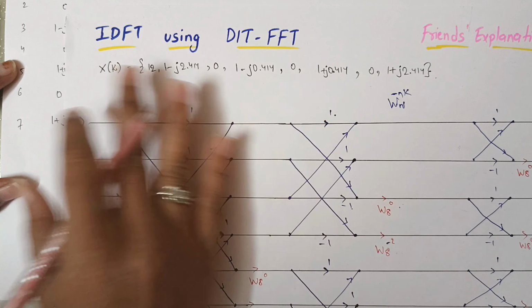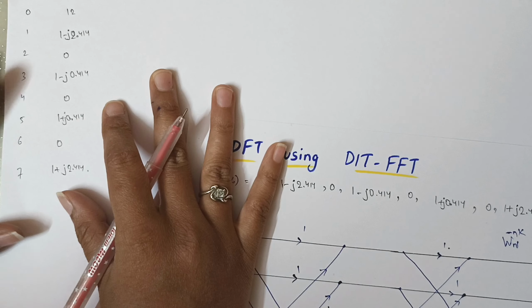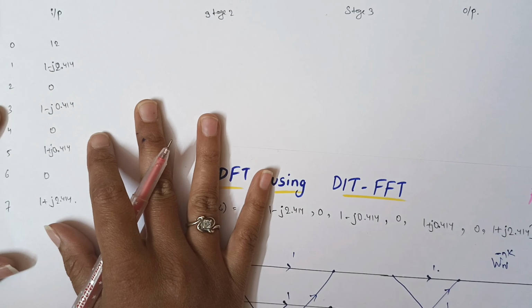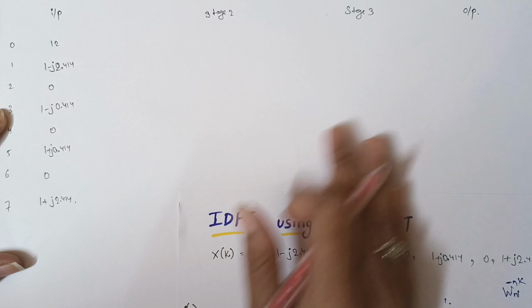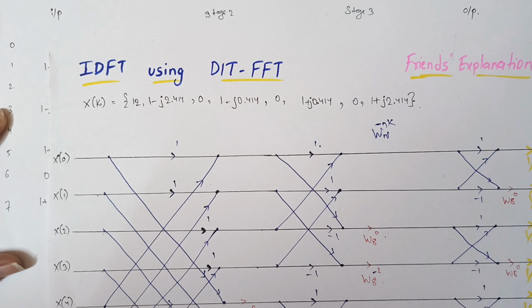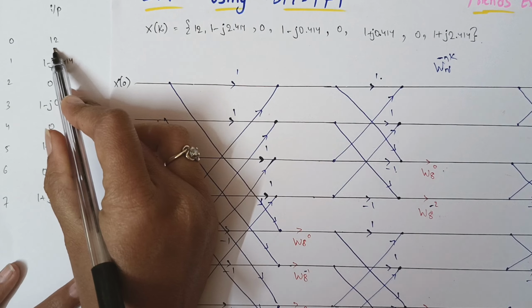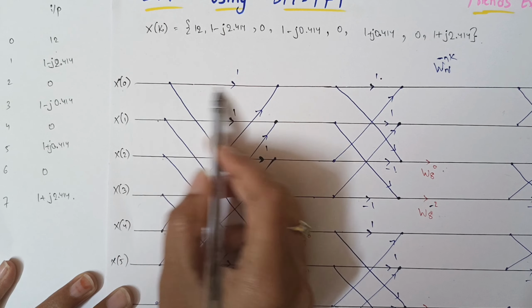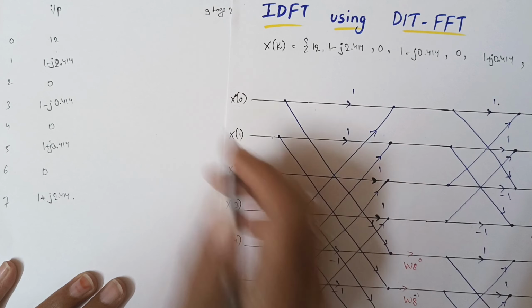So I already have written these values over here, that is the input value. After that, as we get the solutions, we will note it down on the butterfly diagram. Now let's start the process. So here I will take a black pen. So first thing, on the 0th index we have 12, so 12 will travel like this, and I will write